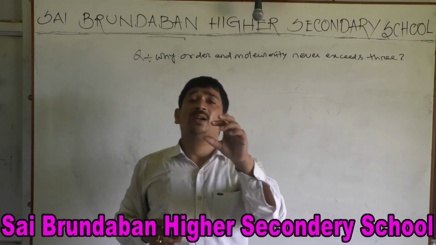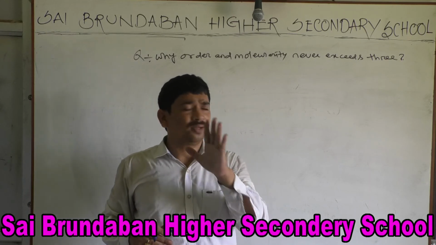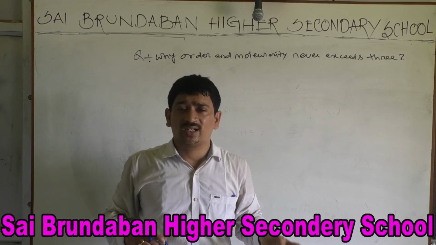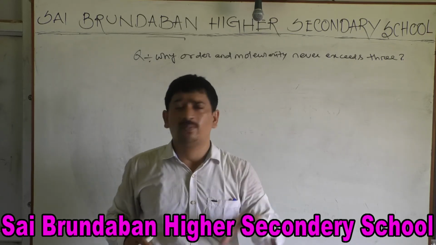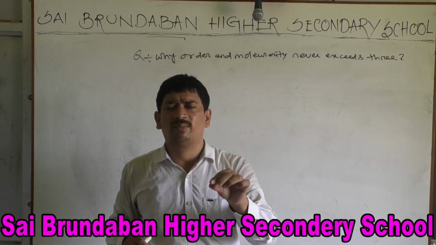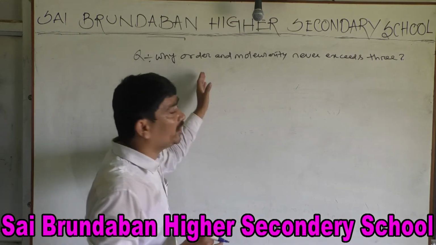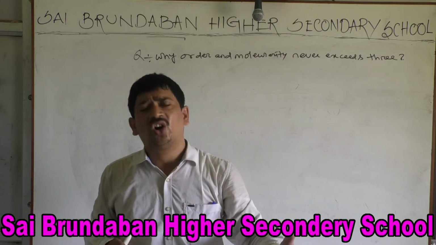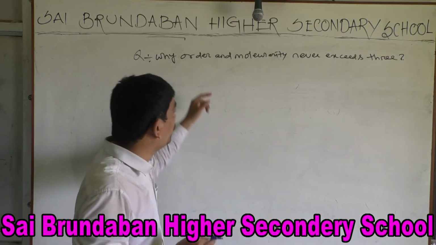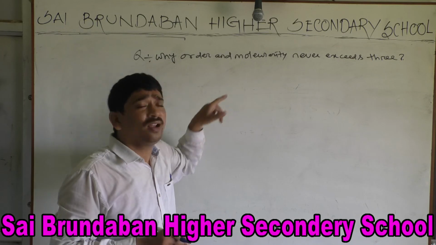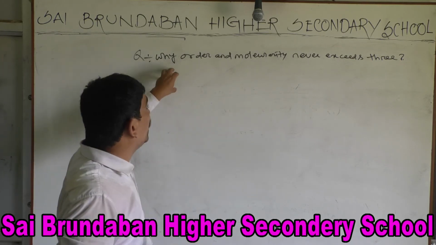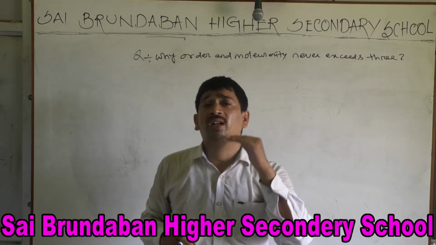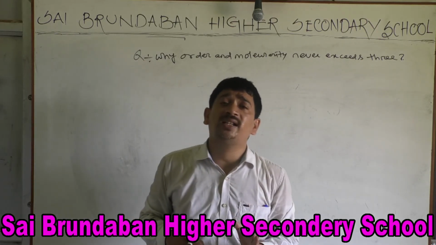Generally order and molecularity values are 1, 2, 3. Maximum up to 3rd order is discussed. Recently there is a 4th order example, and I will mention it last, along with a negative order example. These are exceptional, very rare cases, but we are discussing first order, second order, third order, zero order, etc. But molecularity is unimolecular, bimolecular, trimolecular. What is the reason why order and molecularity never exceed 3? What is the reason behind it?